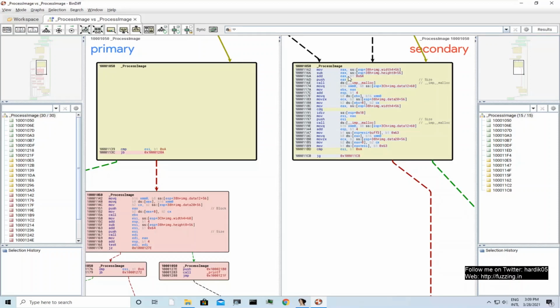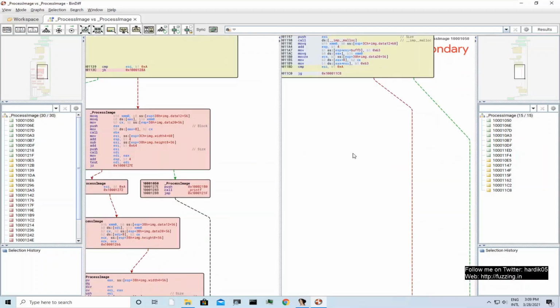There is no check for the integer size, and it passes it to the malloc, and then malloc crashes. Malloc causes your program to crash because the memory will not be allocated. So this is the second issue.